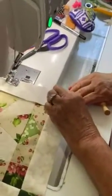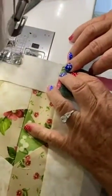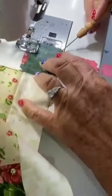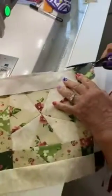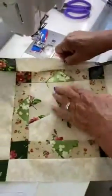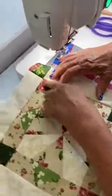And then again, I'm going to make sure that this is lined up for marrying. I'm going to sew all the rest of the way down. And then have my ends meet. And we should end up with a very pretty block. Let's look at this. Let's get rid of these hairs. Okay, let's look and see how we did. Pretty good. So you have these that you've married, makes a really nice corner, and then you've got your point